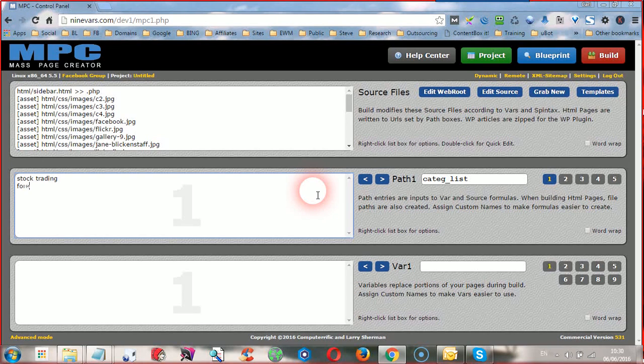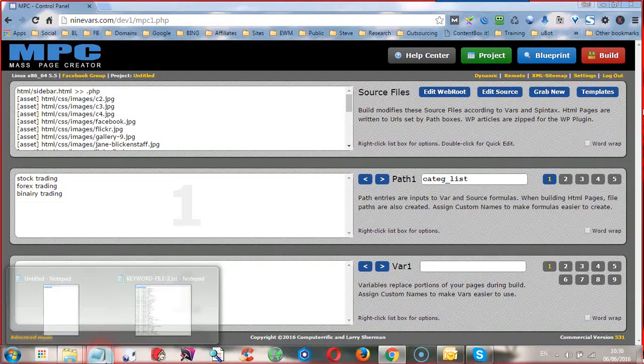Another one is Forex trading. That's another category, and I could even add binary trading as a category. What you're trying to achieve